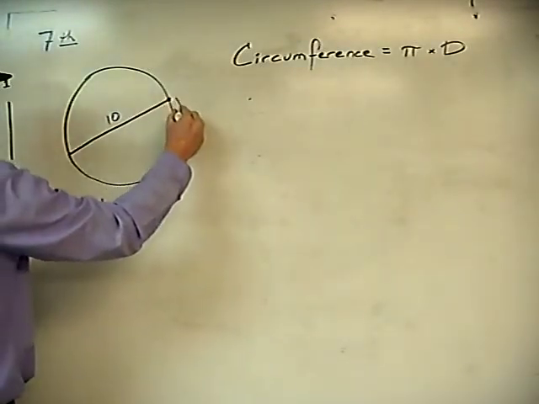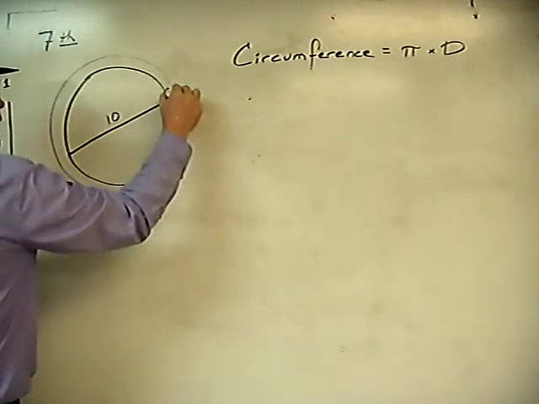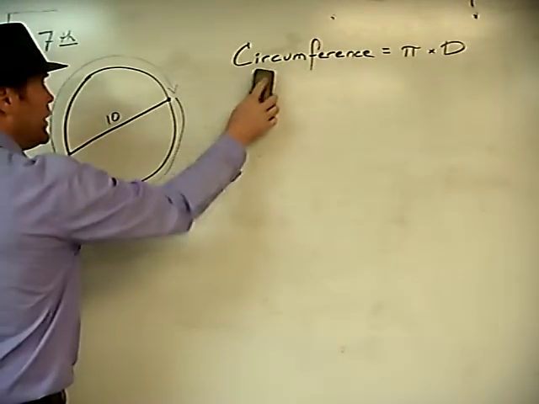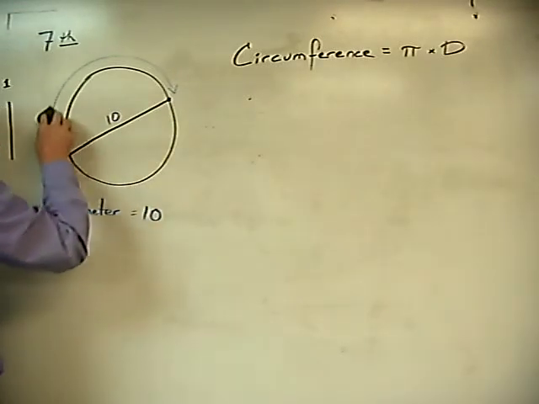How do we find the distance all the way around the circle and back? That's what we're looking for. We're looking for what's called the circumference. All the way around the circle,